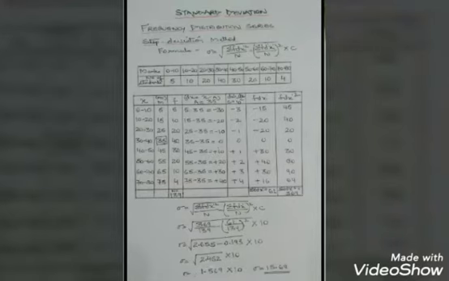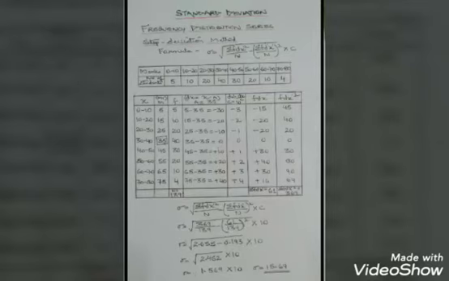Then we are going to find the mid value. I have already explained this in my previous video, but again, to find the mid value you add the lower limit and upper limit and divide by 2. So if you add lower limit 0 plus 10 and divide by 2, we get our mid value as 5. But as the series is very easy, you can directly write the mid values: 10 to 20 is 15, 20 to 30 is 25, 30 to 40 is 35, 40 to 50 is 45, 50 to 60 is 55, 60 to 70 is 65, and 70 to 80 is 75.